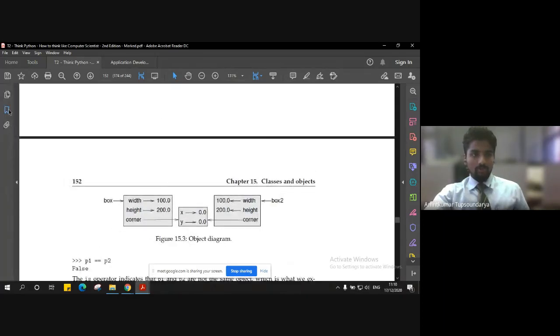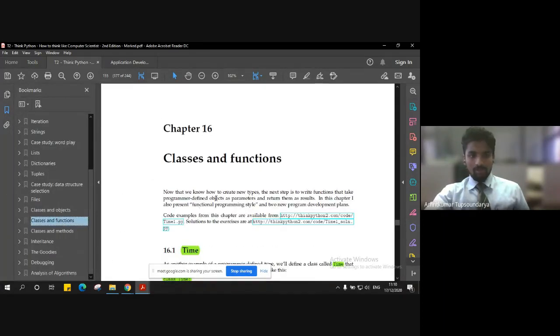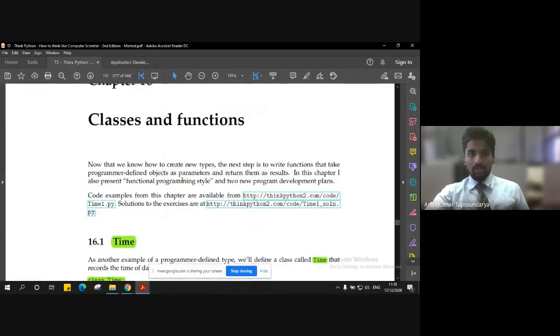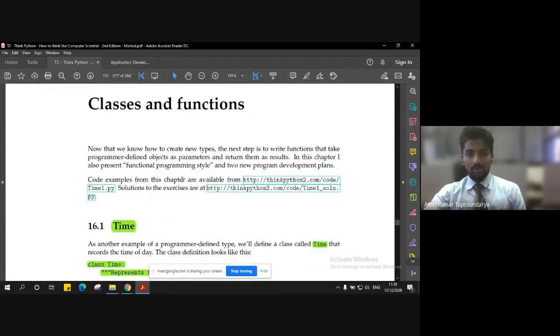So moving ahead, in today's lecture we'll be discussing classes and functions. How can we have functions that take these programmer-defined objects as parameters and then return some result? So far we have seen what class object value gets returned, and how we can make use of that returned value to play with the different attributes of that class object.